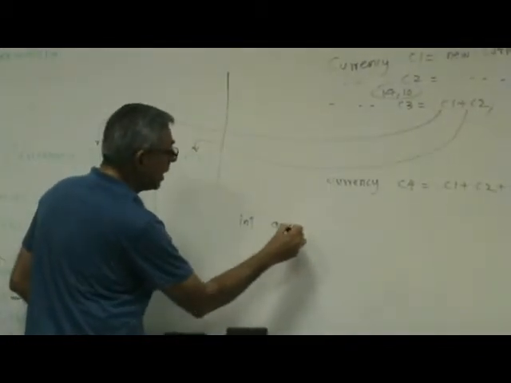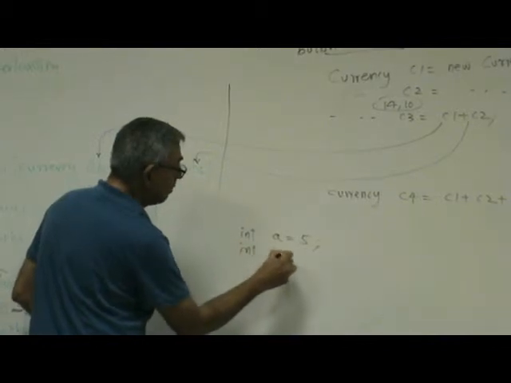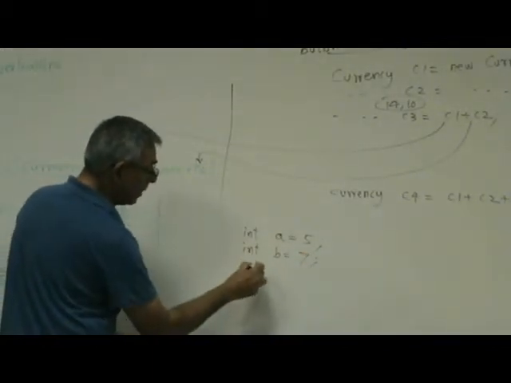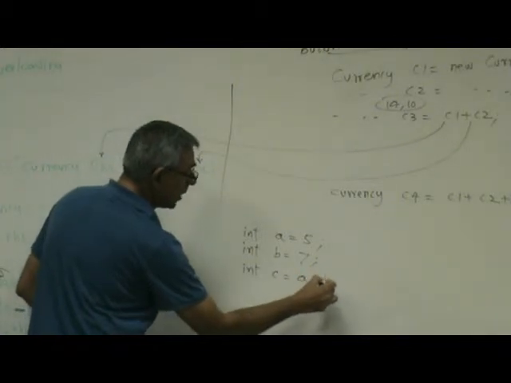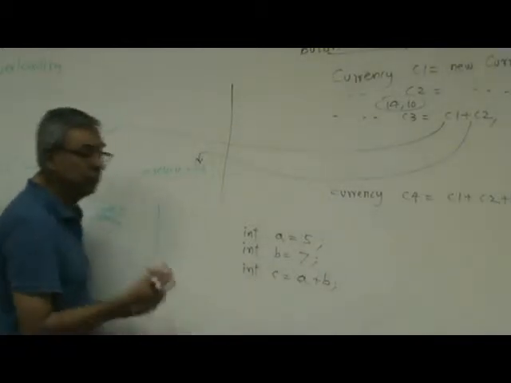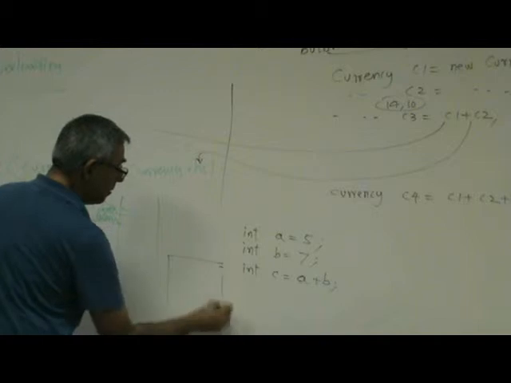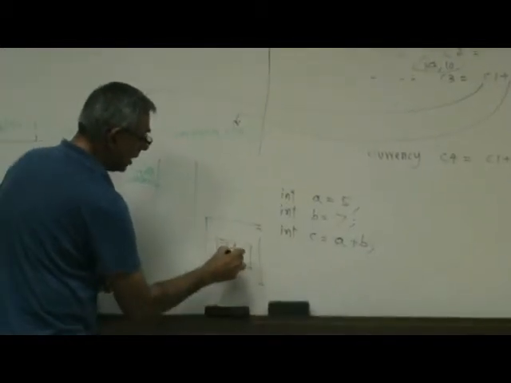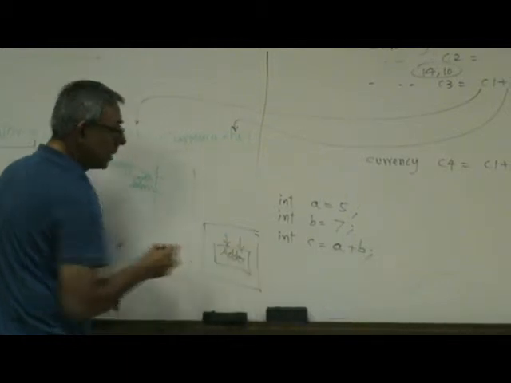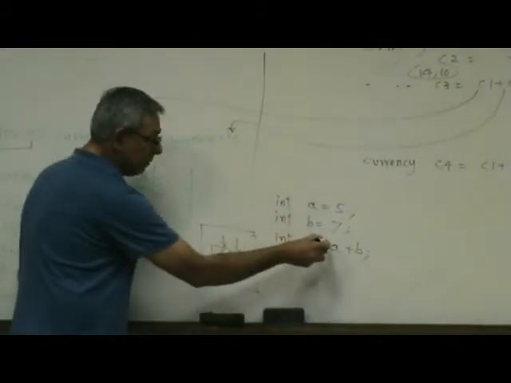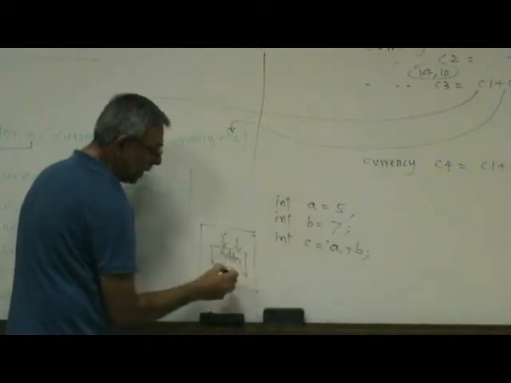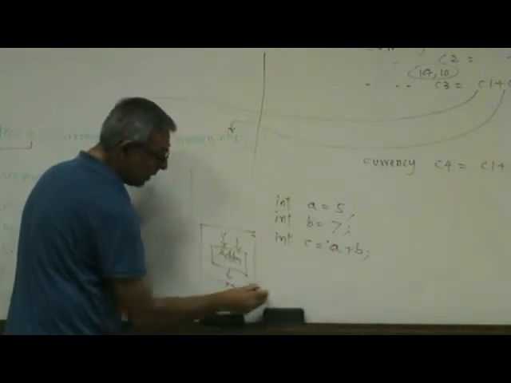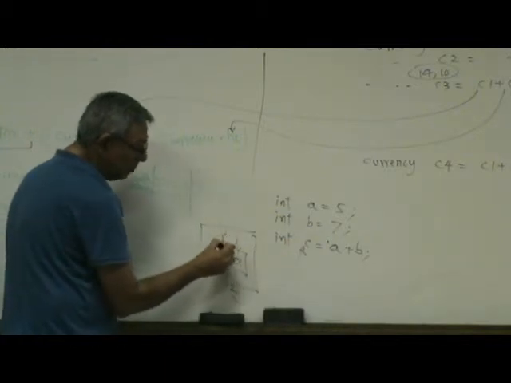If you did int a equal to 5, int b equal to 7, and then if you did int c equal to a plus b, remember once the computer executes it, it translates it to its assembly language. Inside the CPU, there's one adder, which only adds 2 numbers. So this A will be fed over here to the adder. It will produce 12, and that 12 will be stored over here. But the main point is, in the computer's hardware, the adder can only add 2 numbers at a time, not